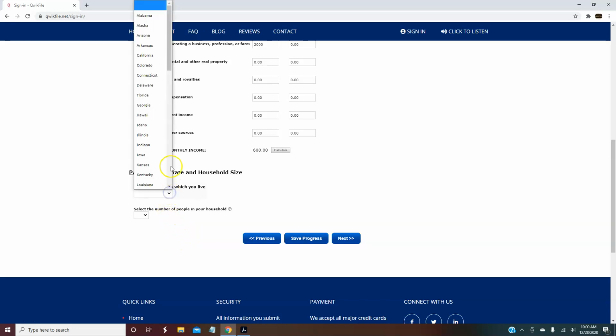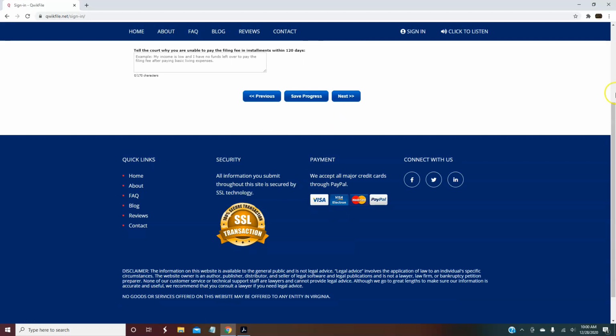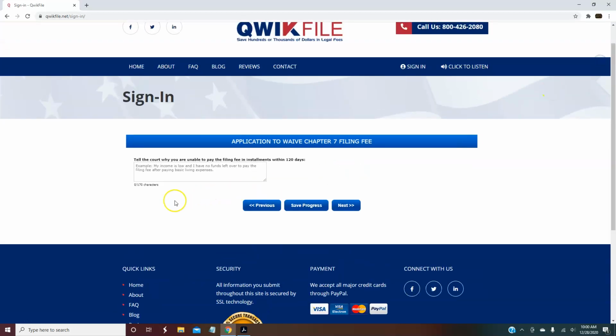Then you list the state that you live in, let's say California, and it'll automatically insert the median income for your state, and the number of people in your household. Let's say you live in a church commune with 8,000 people. You don't put 8,000 people. You just put you and your spouse and your dependents. So, and that's it. You click next, and if you chose to pay the filing fee in installments, or